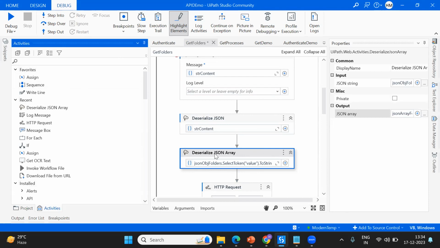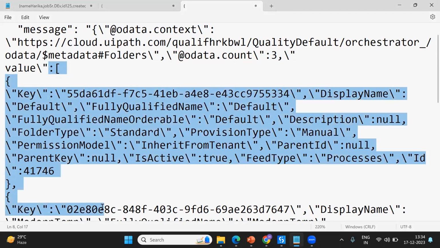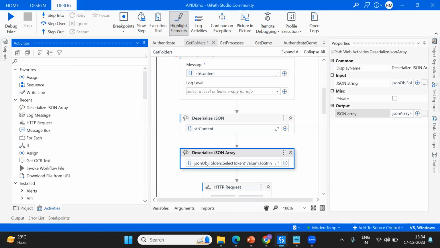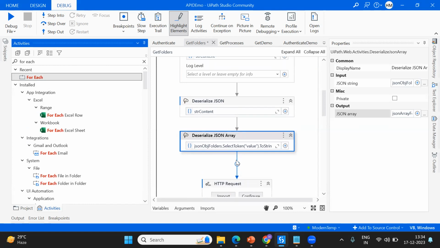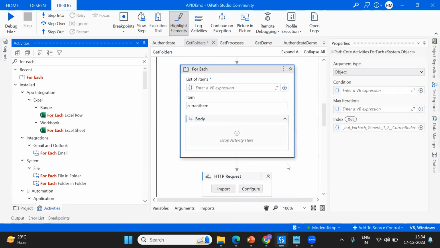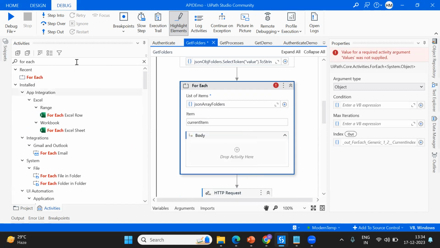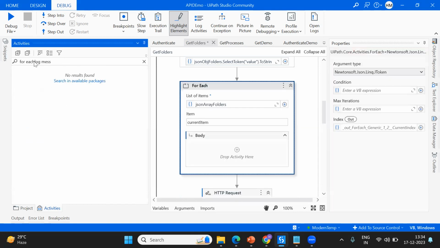So after I pass this over here, I'll be getting an array. That means this will be the output. Correct? So from this output, I want to fetch this value. So it will be a loop, right? Three values are there, so I'm passing it into a for each so that it will iterate every time. So what is the input array for this? JSON array folders. So I will iterate through this,